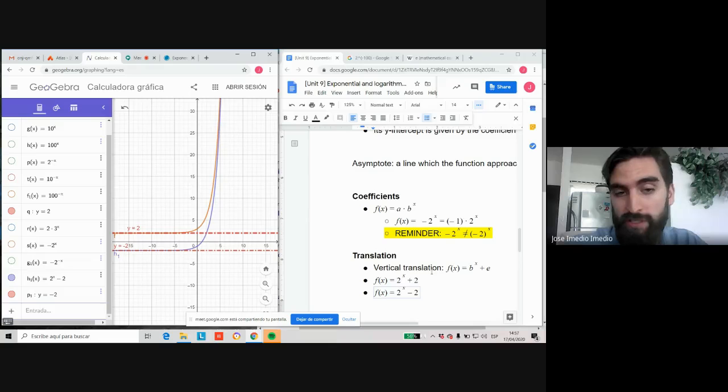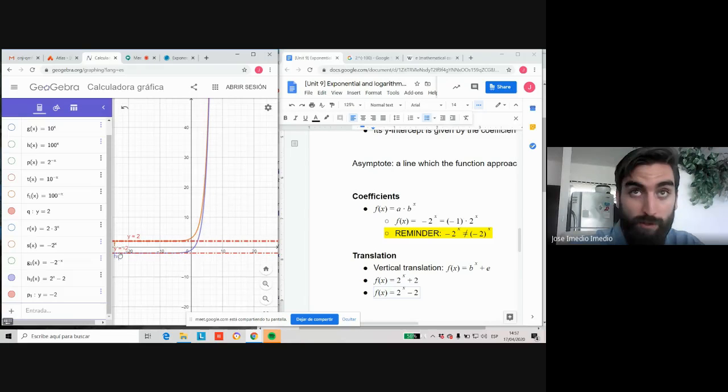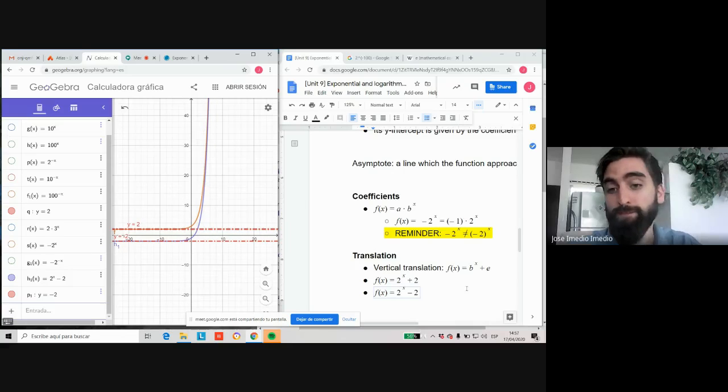So vertical translation means that the shape of my curve is the same. It's the same curve with exponential growth and everything, but it's being moved vertically. It's vertically translated. Once again, this is going to make your life easier when